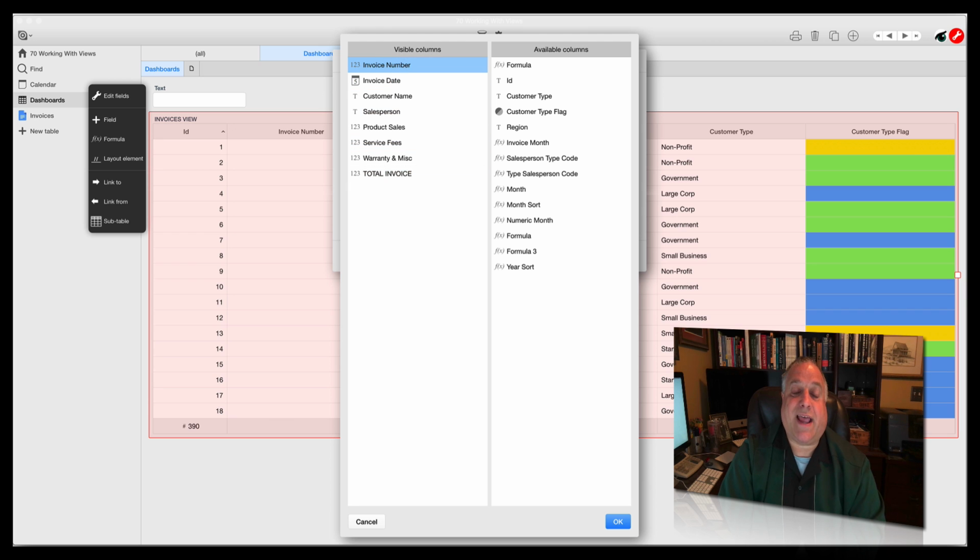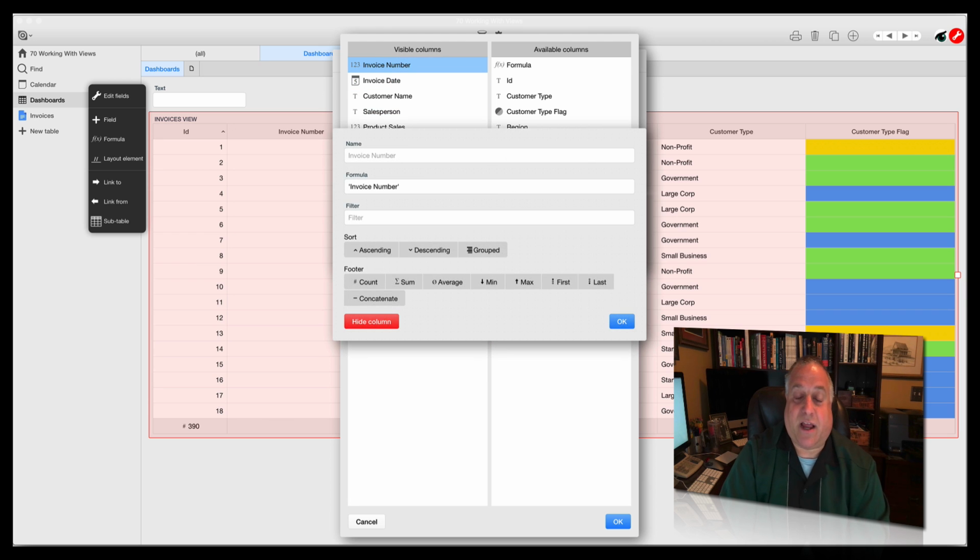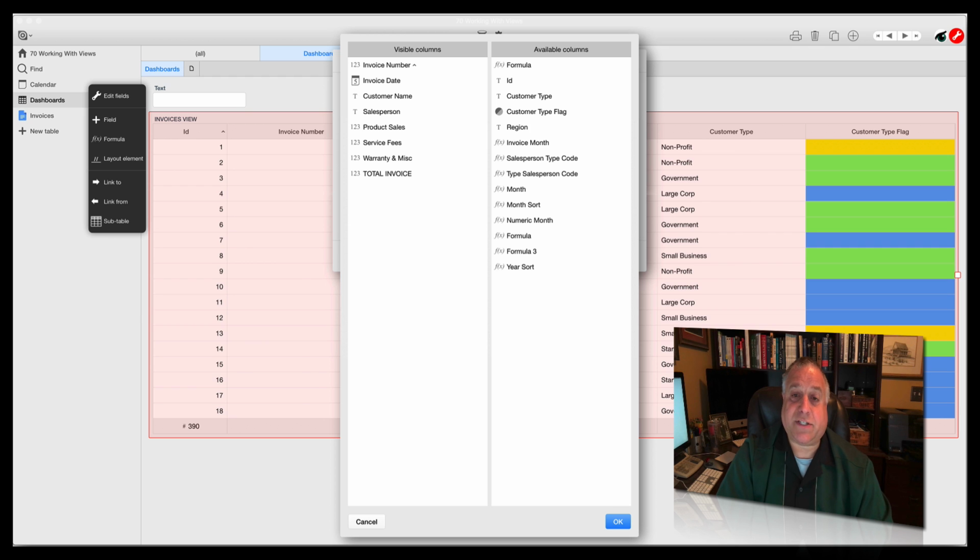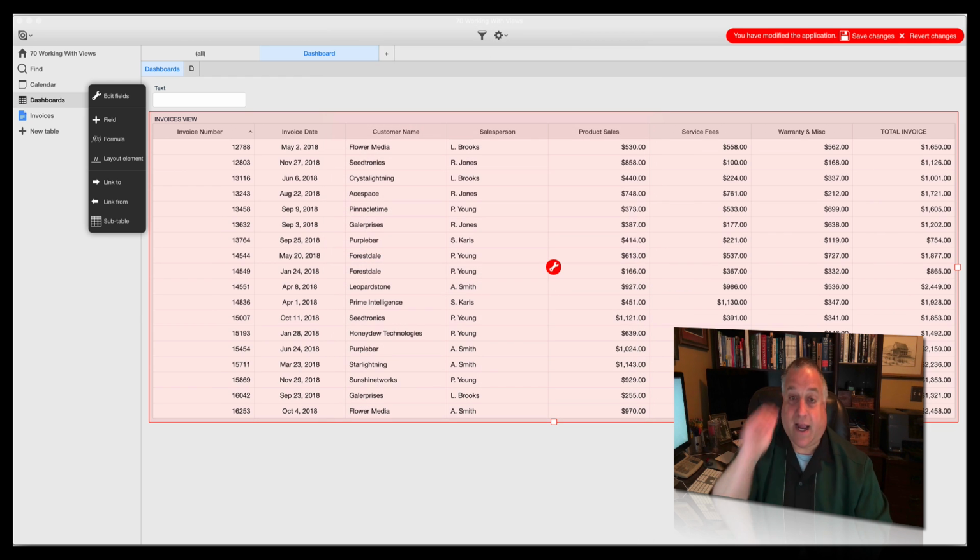Let's also go ahead and select invoice number from the left-hand column and make sure that that is sorted in ascending order from the lowest invoice at the top to the highest invoice at the bottom of the view. We'll click OK once, twice, and 3 times,